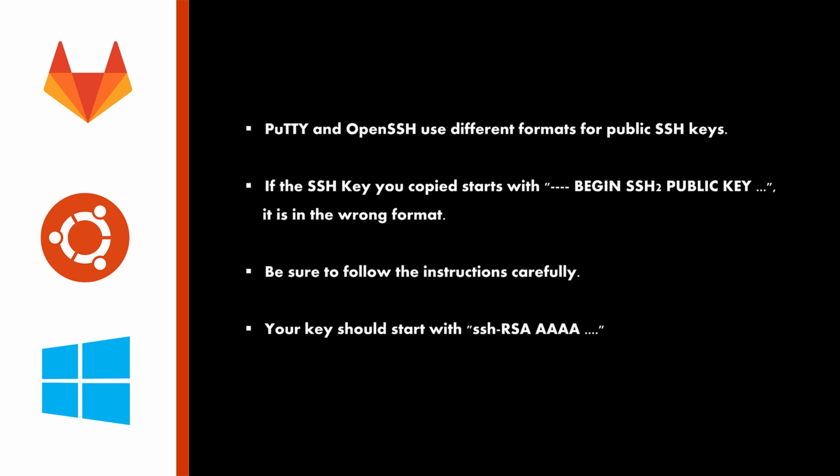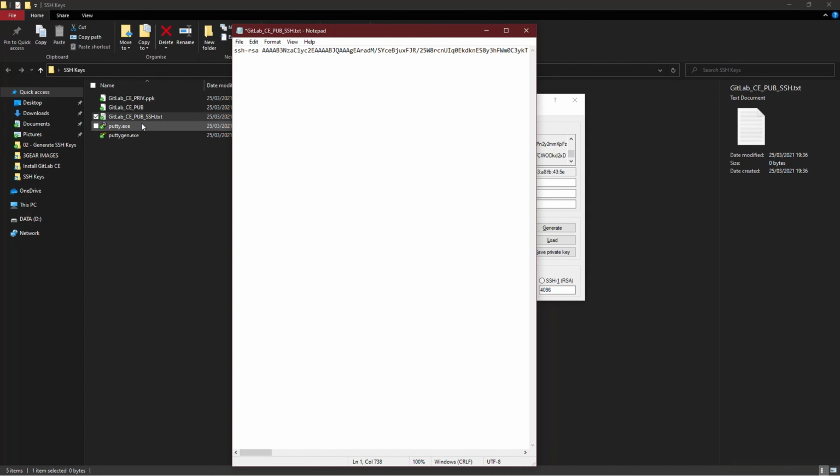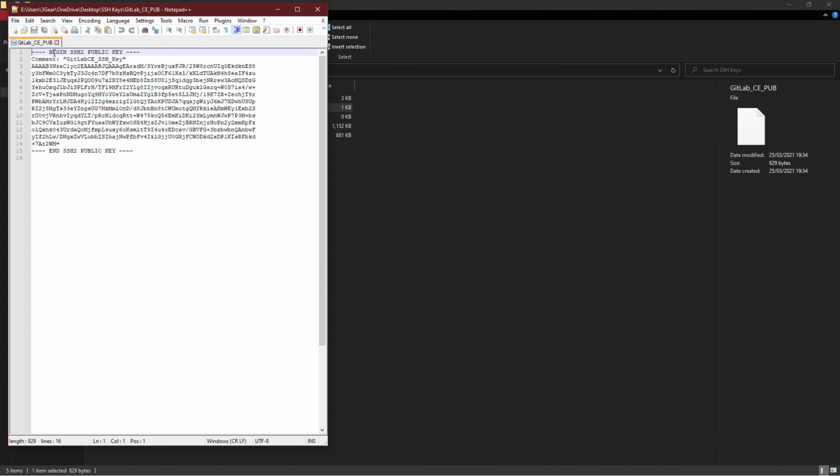PuTTY and OpenSSH use different formats for public SSH keys. Okay. If the SSH key you copy starts with, for example, this one, BEGIN SSH2 PUBLIC KEY, this is wrong.